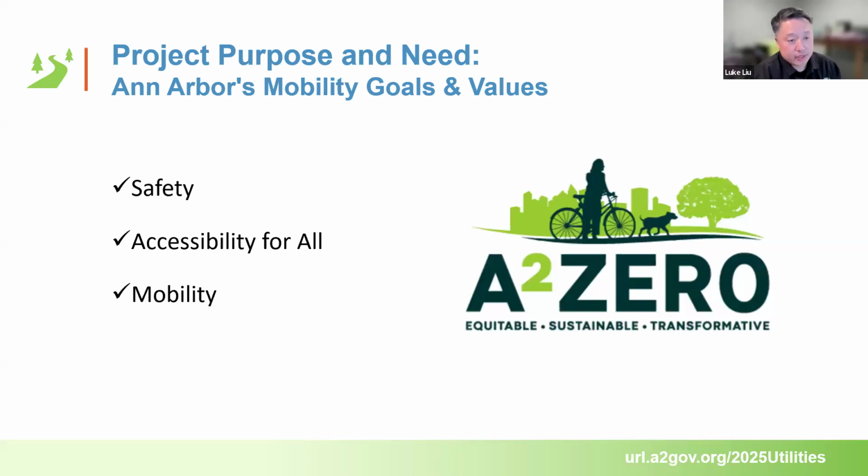The one on the right is the A20, which bears a similar name, but is more often known as the city's carbon neutrality plan. Both plans are aligned in the area of multimodal mobility, which leads to some of the discussions we're going to have here tonight about the intersection of Harding and Wallingford. If we move on to the next slide,